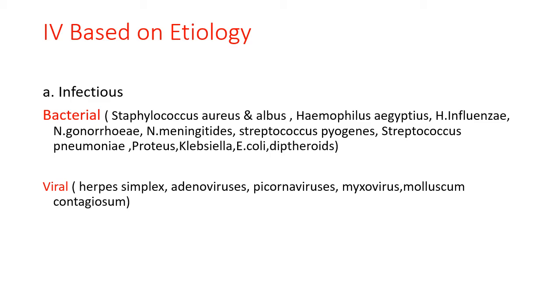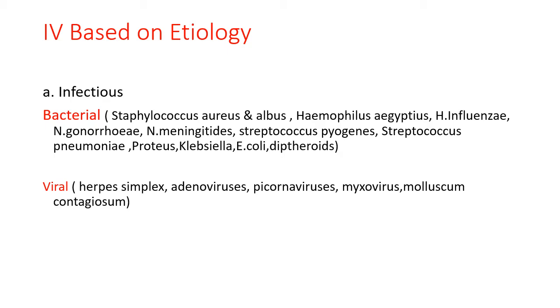Ophthalmia neonatorum is a separate entity, then granulomatous conjunctivitis. So infective conjunctivitis consists of all these. Then you can have allergic conjunctivitis. It can be simple allergic conjunctivitis, vernal keratoconjunctivitis, atopic keratoconjunctivitis, and GPC, meaning giant papillary conjunctivitis. Then phlyctenular conjunctivitis. Cicatricial conjunctivitis consists of ocular mucous membrane pemphigoid, Stevens-Johnson syndrome, toxic epidermal necrolysis, and secondary cicatricial conjunctivitis. And the last variety is toxic conjunctivitis.